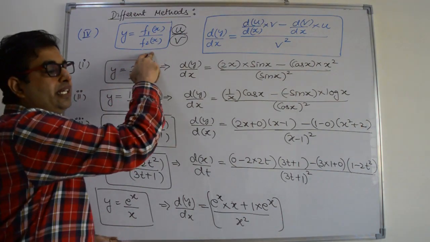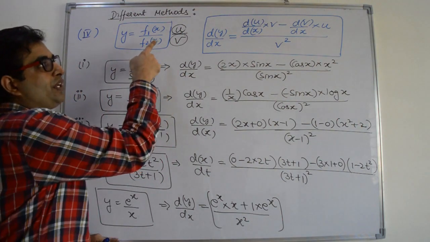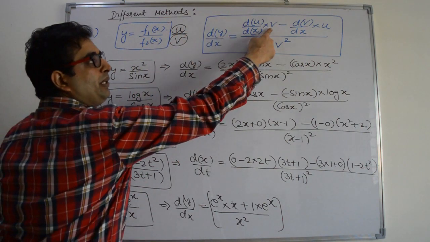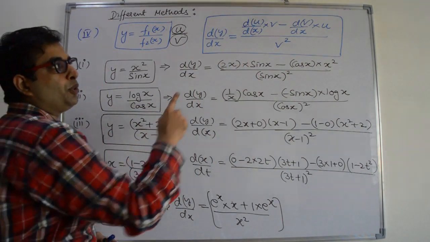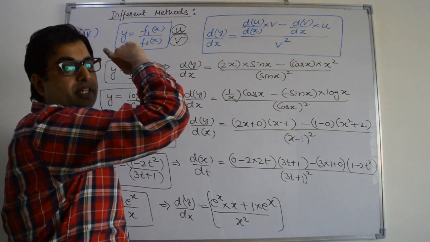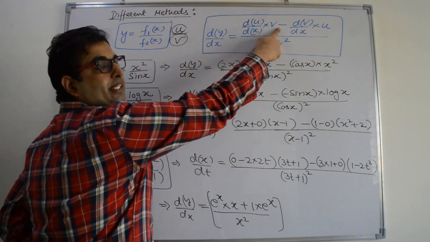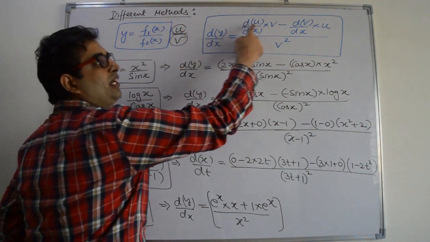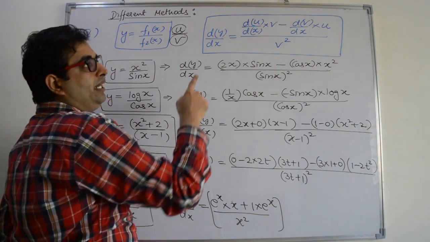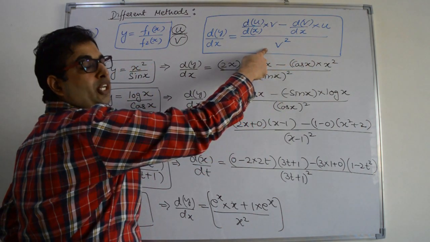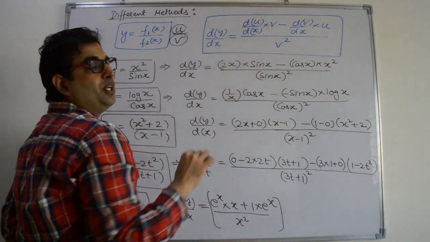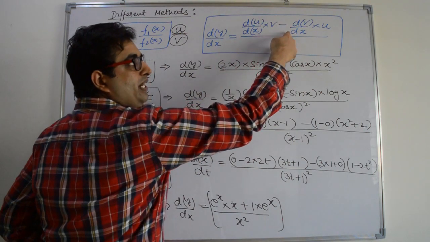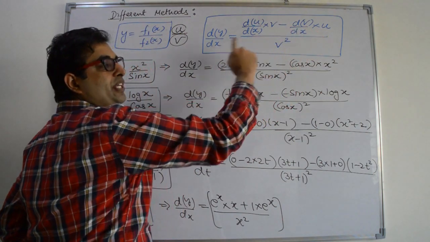How to solve this? It is similar to the previous case. First we will differentiate the numerator and the denominator will come in multiplication, right? Put a negative sign. In the previous multiplication it was plus, but here it is minus. Then differentiate the denominator and the numerator will come in multiplication, right? In division, put the denominator whole square. What is the formula? du by dx into v minus dv by dx into u, divided by v square.